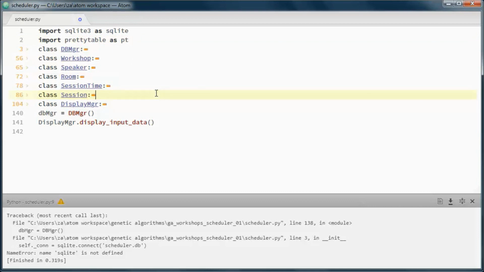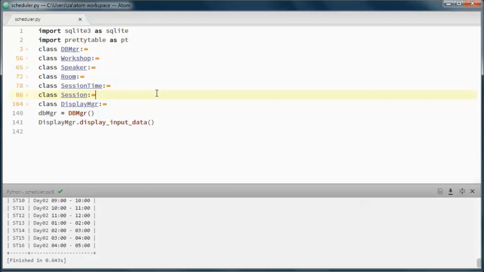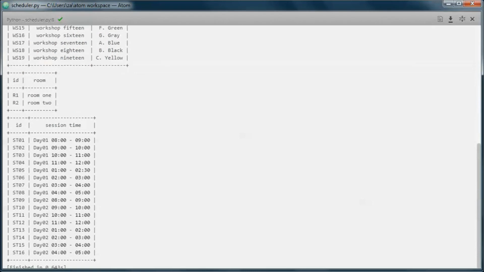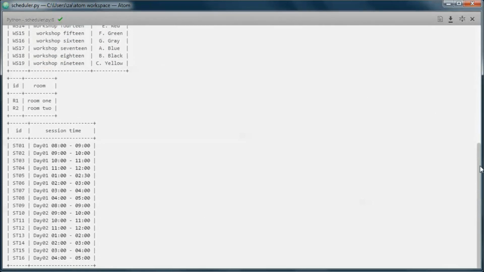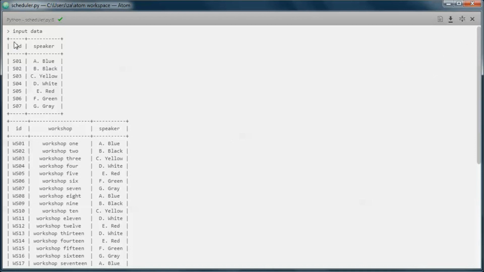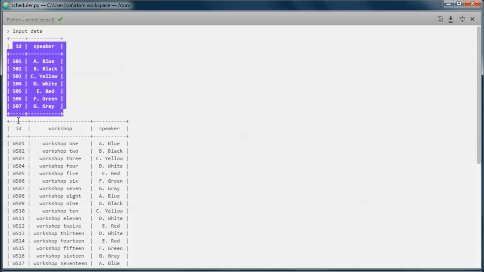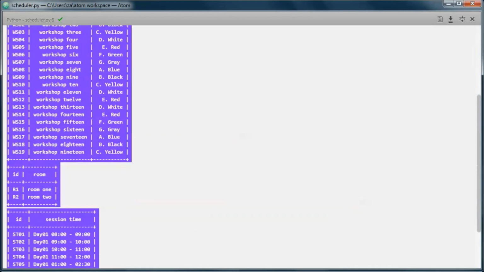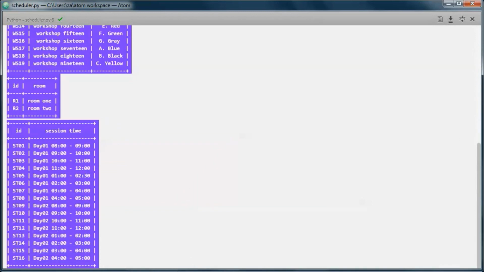And now let's try again. So this is the speakers and the workshops and the rooms and the session times.